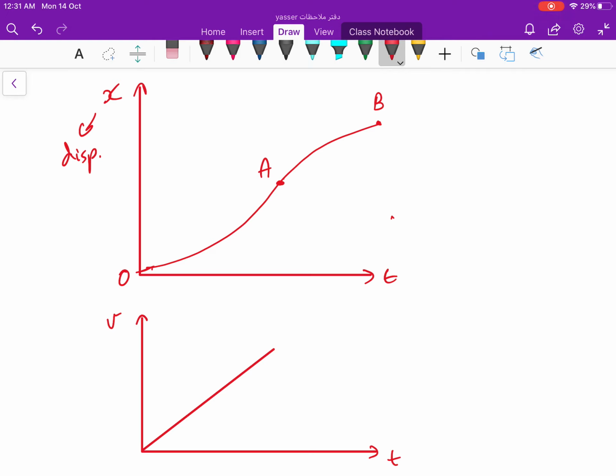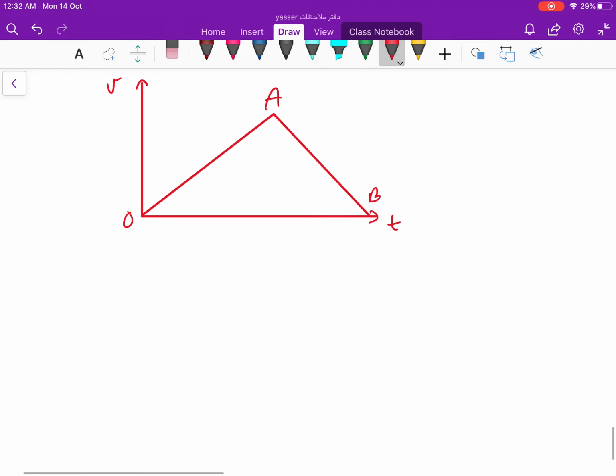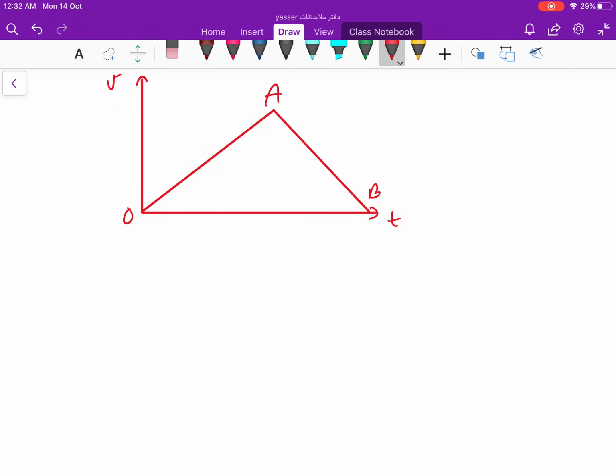And then we have a decrease in the velocity, so I'm going to draw it like this. And we moved horizontally at this point, so the velocity is 0. So here is the origin, here is point A, and here is point B. Now if we draw the same graph as an acceleration time graph,